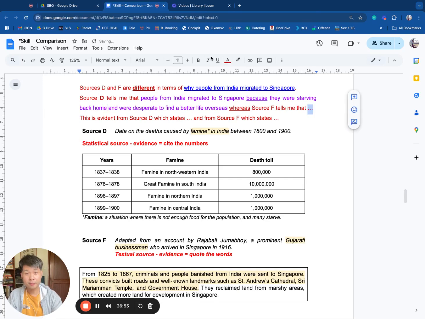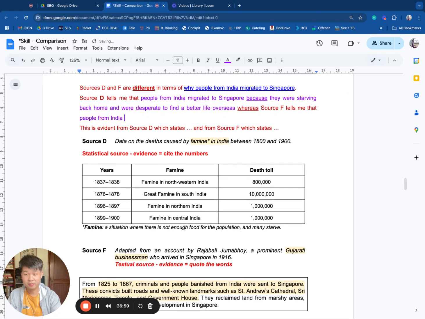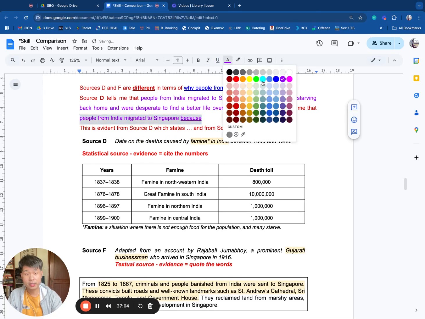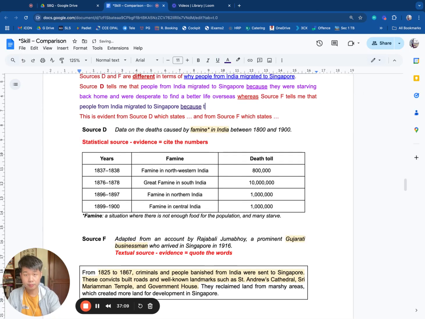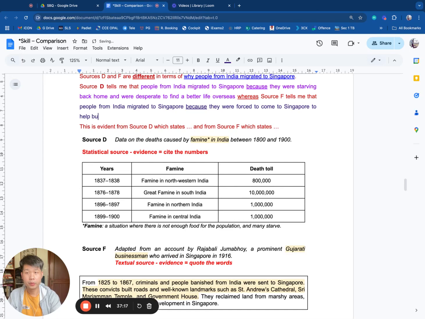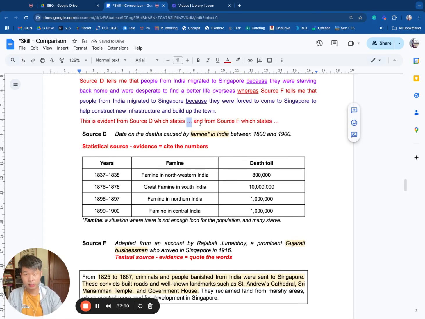Whereas source F tells me that people from India migrated to Singapore because, so what does F say? F says that it's because they were forced to do so. Forced to come to Singapore to help construct new infrastructure and build up the town. And what's my evidence? From source D, which states that